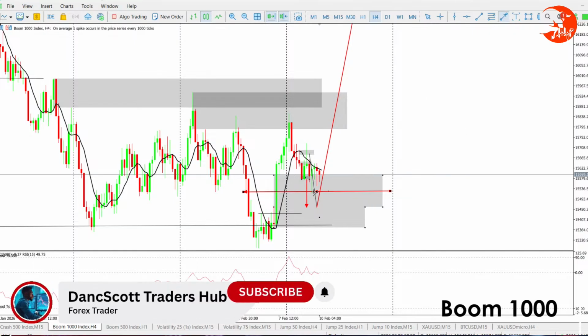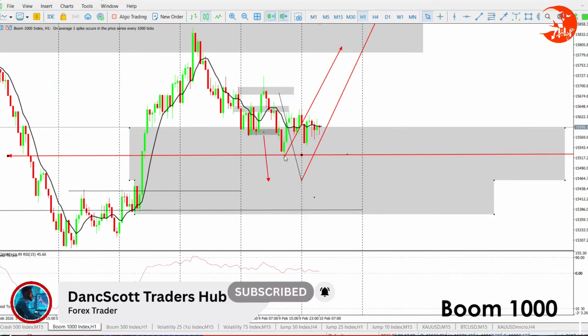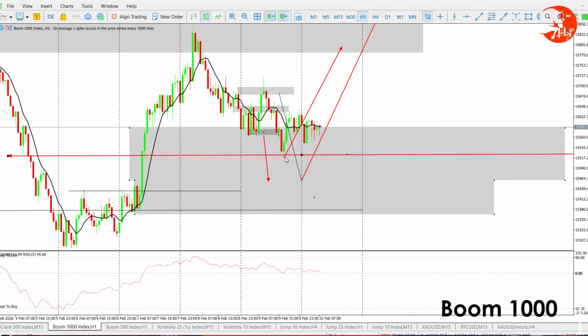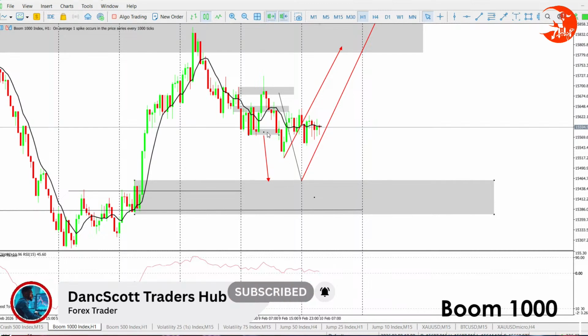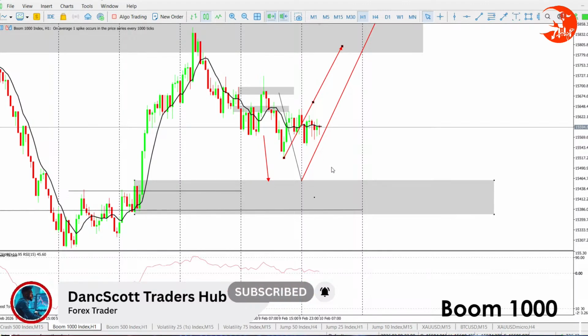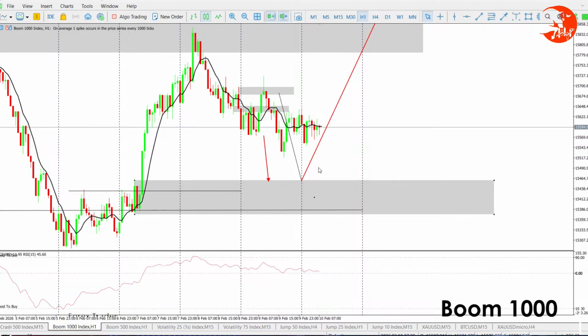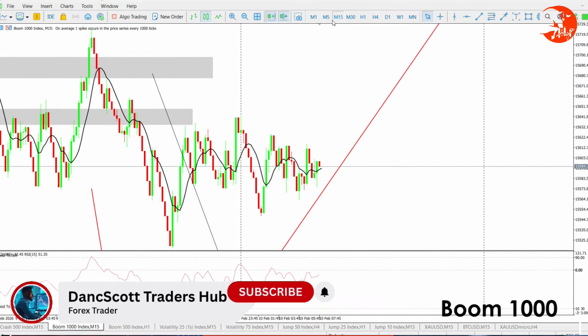And clearly you can see that this is where the buys started from. Once price hit that 50%, it was precise, very precise right there. So now I don't need this, I don't need that. We've already seen that it is reacting to that 50% of the fair value gap. But do we have an entry yet? Let's go to M15.